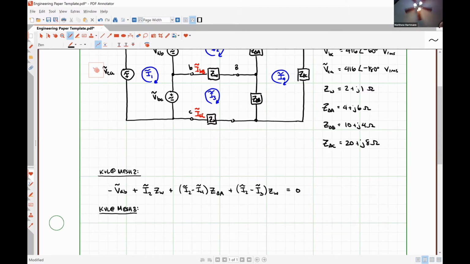Where we would see negative VBC first, plus I3 minus I2 times ZW, plus I3 minus I4 times Z delta B, plus I3 times ZW is equal to 0. So we just followed our mesh current 3 around and took care of everything. And then lastly,